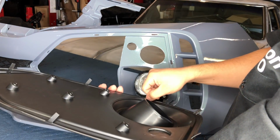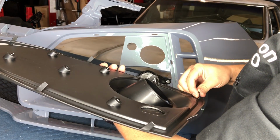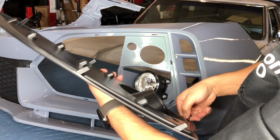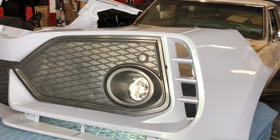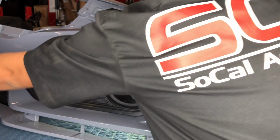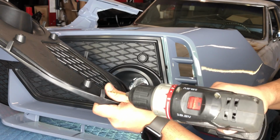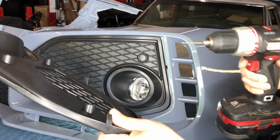Alright, so for example, when I'm putting it in, these bottom ones seem to be hitting. So I'm gonna slightly bend the plastic a little bit up on those. And let's try this again. In the back, once I line it up on the plastic, I'm actually gonna go ahead and drill the holes. So for example, if it's sticking out somewhere about here, I'm gonna start off drilling it with a drill bit